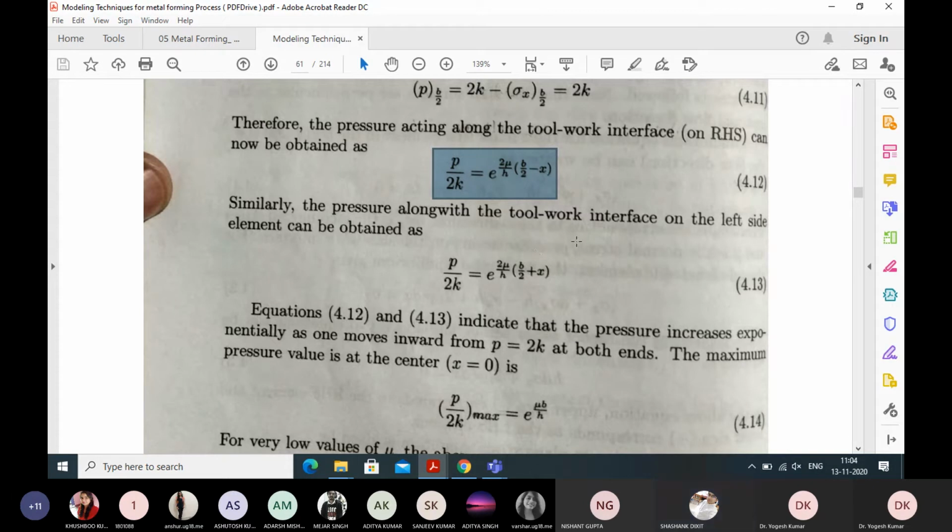That you can do. There are multiple ways in mathematical modeling of metal forming processes. You need not go through one fixed way, but these are certain fixed mathematical work which has been done by many researchers. So you will find other techniques also. I will discuss in coming classes.